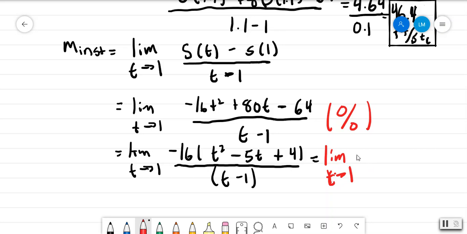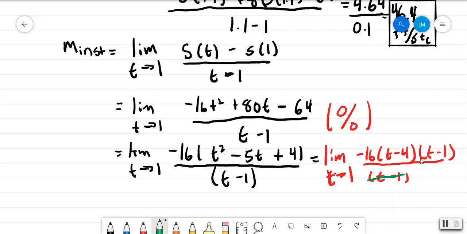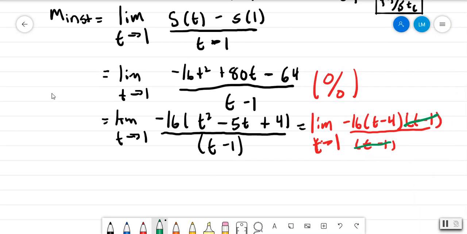approaches 1 for negative 16 times t minus 4 times, let's see, times t minus 1. And then what happens is that the t minus 1, basically you have that that's going to cancel out. So that's kind of fun. That cancels out. And furthermore, you have that the instantaneous velocity for this is going to be equal to, well,